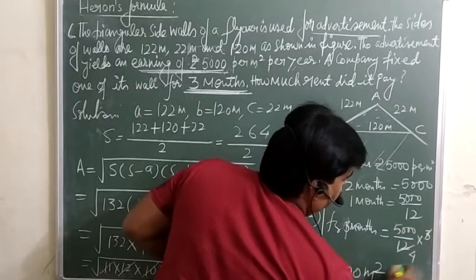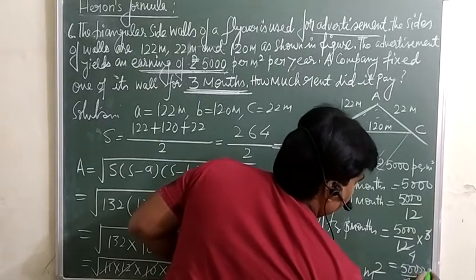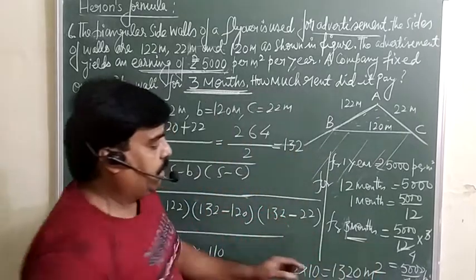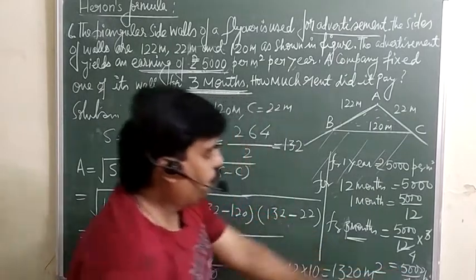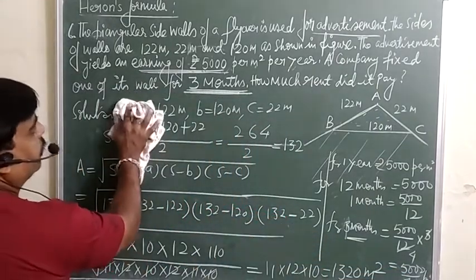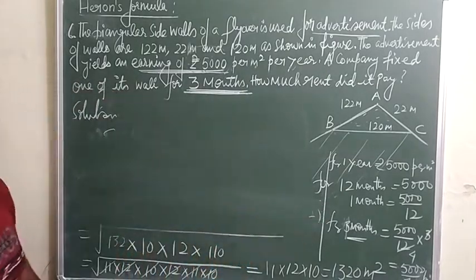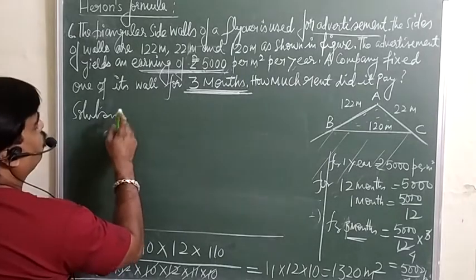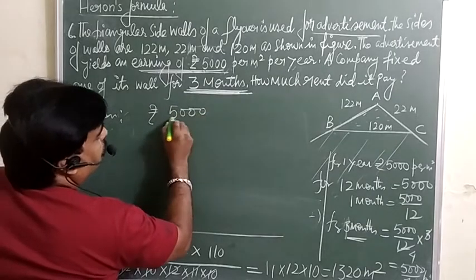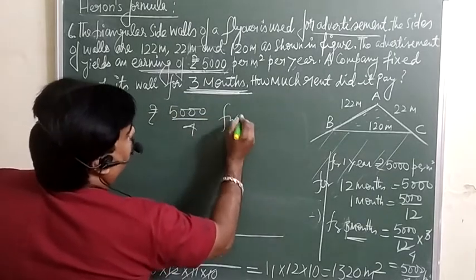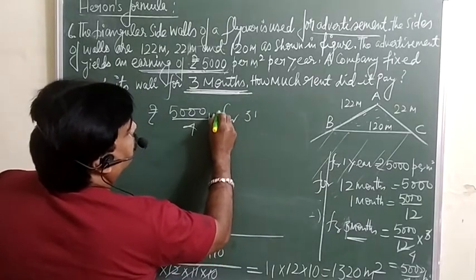You can subtract this and divide. So you will get 5,000 over 4 per meter square for 3 months only. For 3 months we are going to pay the 5,000 over 4 per meter square. So your rate is here. Look at here now. यहाँ देखिए. Your rate, what we are going to pay, is rupees 5,000 over 4 for 3 months per meter square.